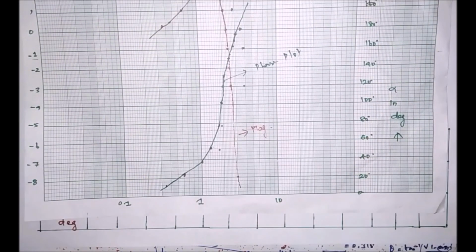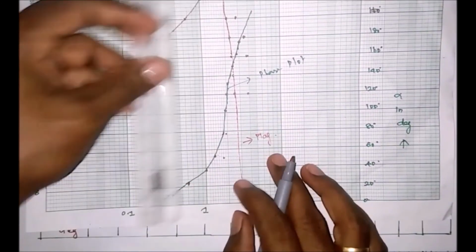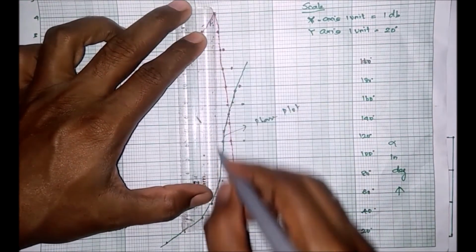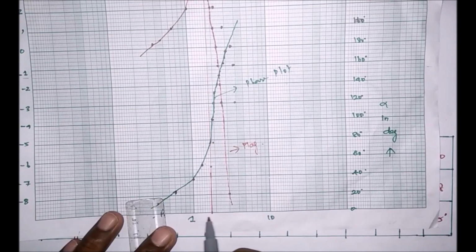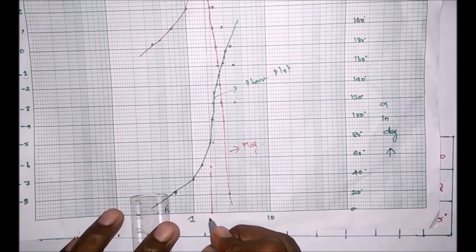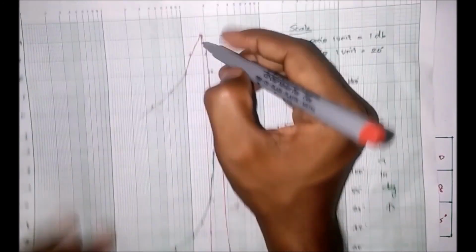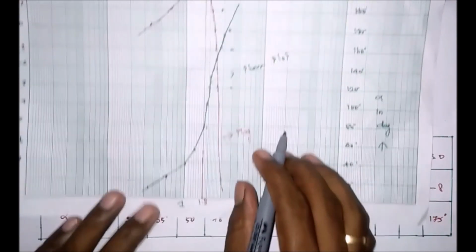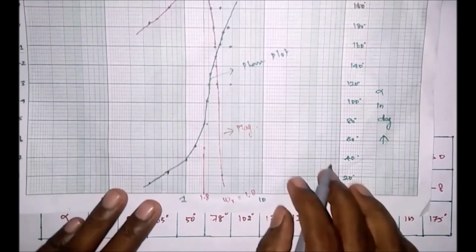So from this magnitude and phase plot, we can easily get our required three things. We see this is the maximum resonant peak. At resonance the corresponding value, actually this is 1, this is 2, in between this is 1.8. So the resonant peak is 4 decibel. Resonant frequency omega equal to 1.8.